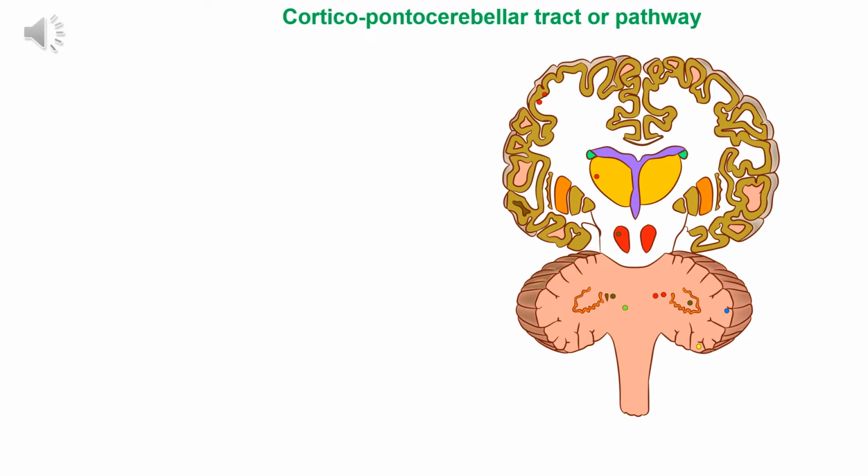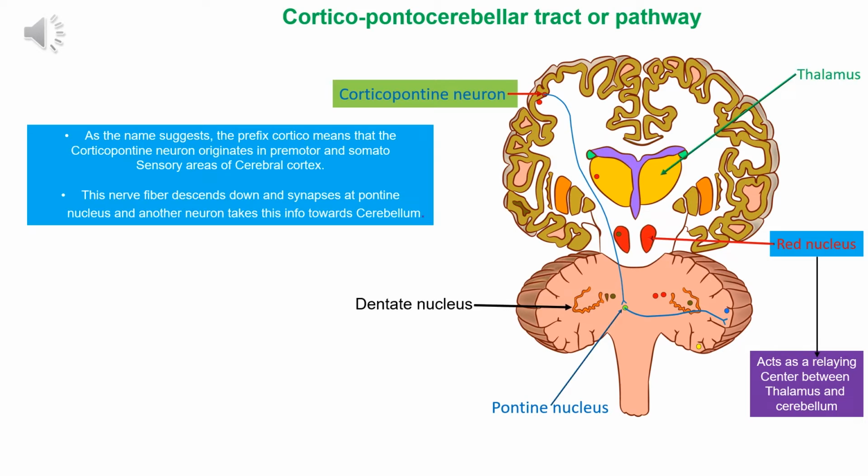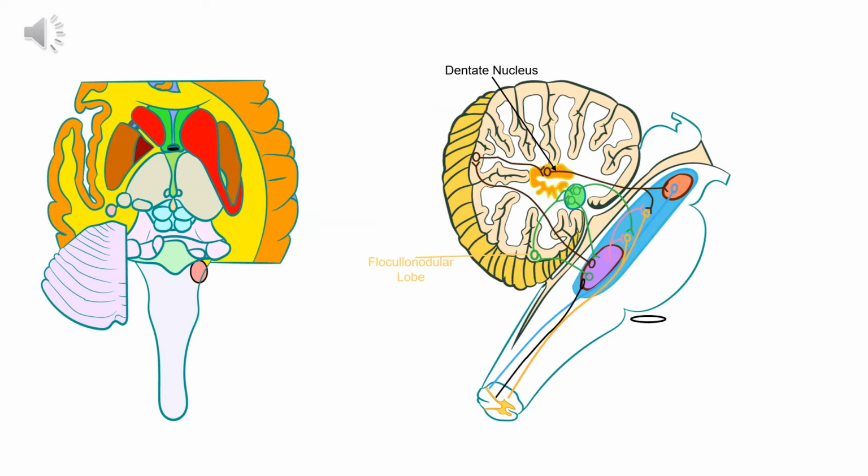Cortico-pontocerebellar pathway. Let's talk about its origin first. Cortico-pontocerebellar pathway originates in cerebral premotor cortex and somatosensory cortex areas. We have to know that these two areas are part of the cerebral cortex motor organization. And this tract passes by the way of pontile nuclei and pontocerebellar tracts to the lateral division of the cerebellar hemispheres. After that, we are going to discuss